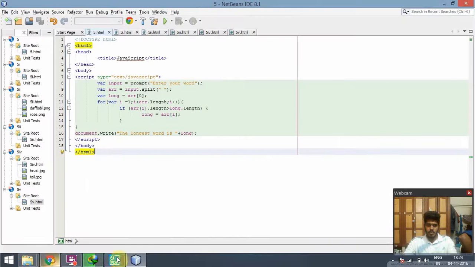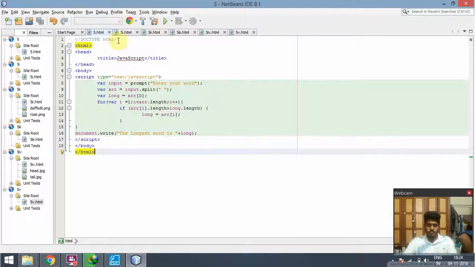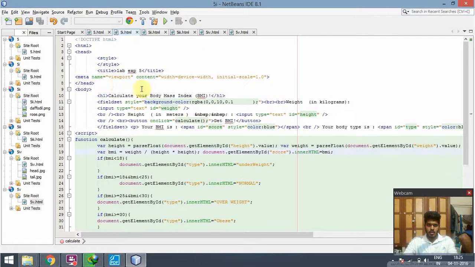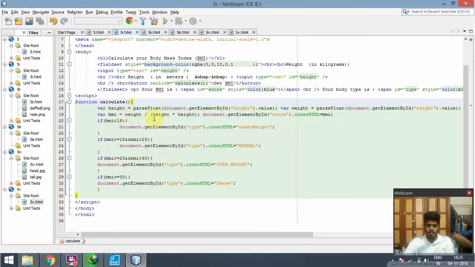Going to our next question, to make a BMI calculator. To do that, we first ask for the weight and then the height, weight in kilograms and height in meters, and then when we click the button calculate, we call the function called calculate, and inside it we